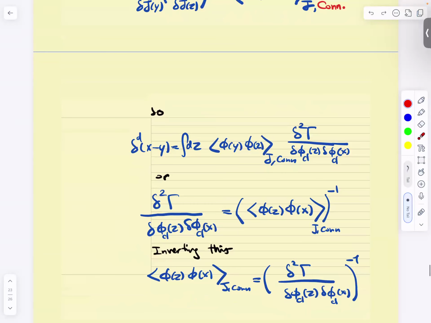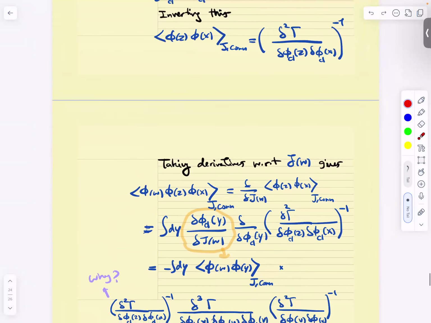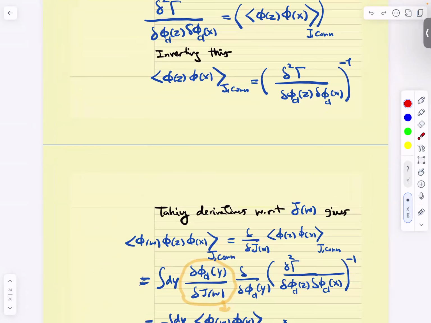Everybody's with me? Now, I'm going to take yet another derivative. So let me come here. What I need to do is take another derivative of j here, right? What does that give me? It gives me a 3-point function of j connected,